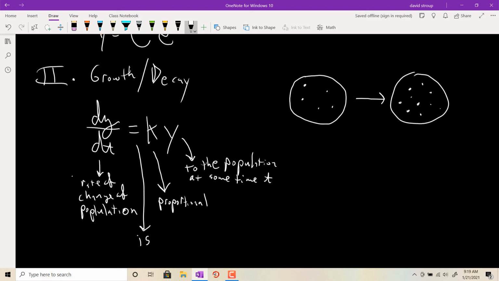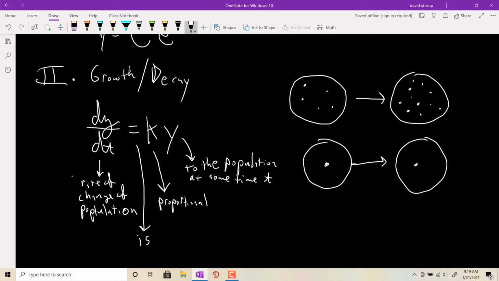The rate of change of the population will be positive. If you have only one fruit fly, there's not going to be much of a rate of change, right? You're just going to end up with one fruit fly, if not 0 fruit flies, right? So if you have a lot of fruit flies, there's going to be growth